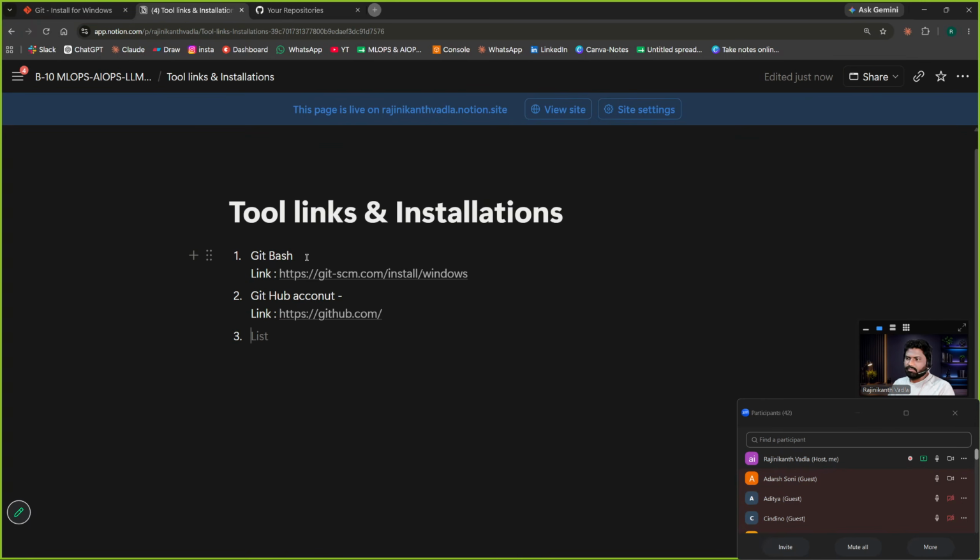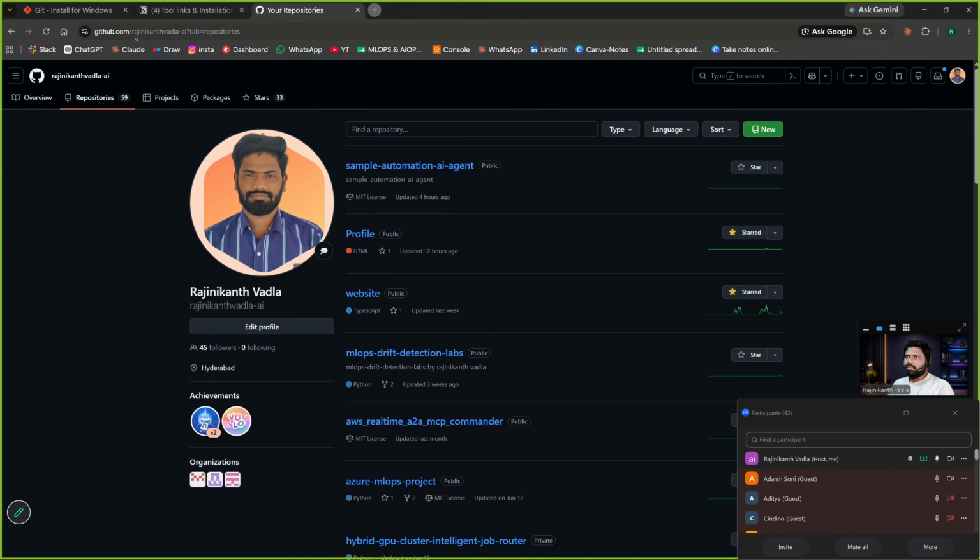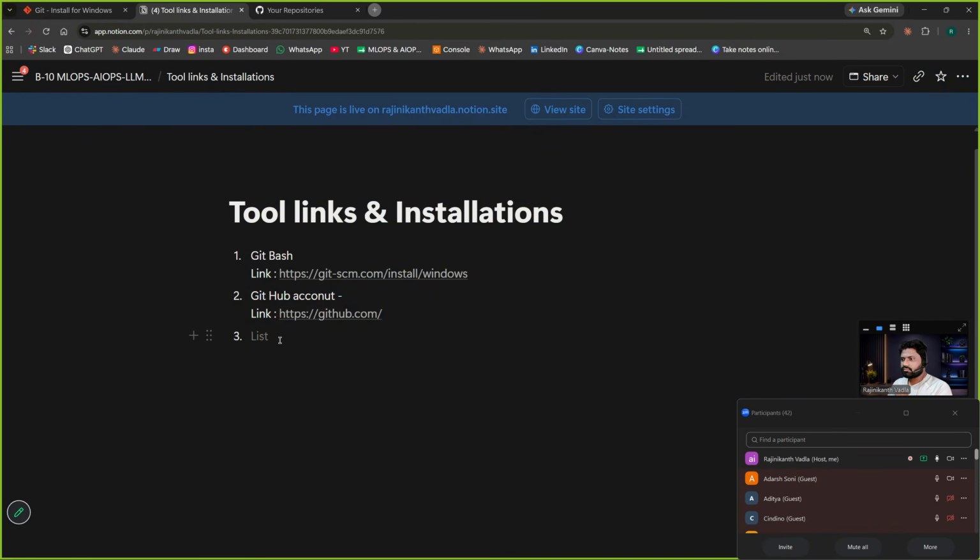So first is Git bash and a GitHub account. Please go to github.com and create your account. Creating your account will take only 3 to 5 minutes. It will not take much time. Enter your mail ID and then it will ask for an OTP. Just give the OTP from your Gmail ID. That's it, it will create the account. I need to give this knowledge first after you create it. Let's do it in the next class.